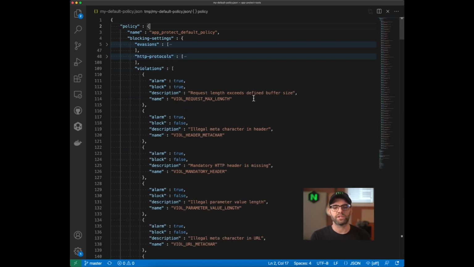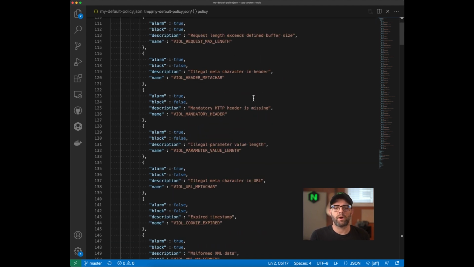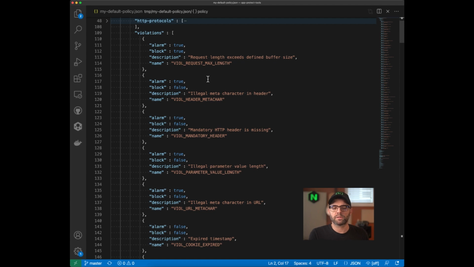Then we have the violation settings. The default policy includes a number of names, such as VIOL_INDEX, VIOL_MANDATORY_HEADER, VIOL_MEDICARE. These will appear in the App Protect alert or block log if something has been suspicious and ultimately ends up being blocked. We're going to see how to use these in a future video, but very briefly, the out-of-the-box policy